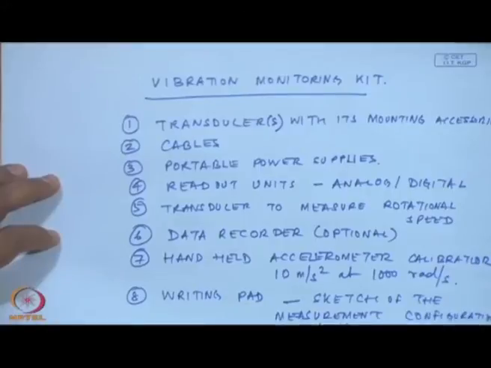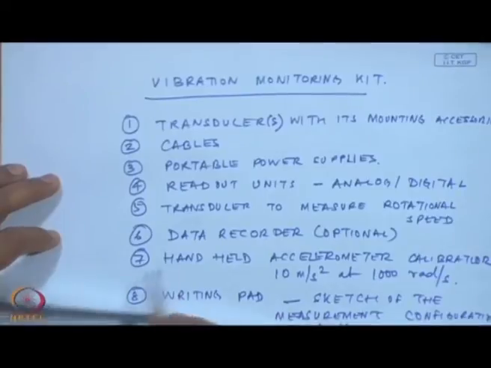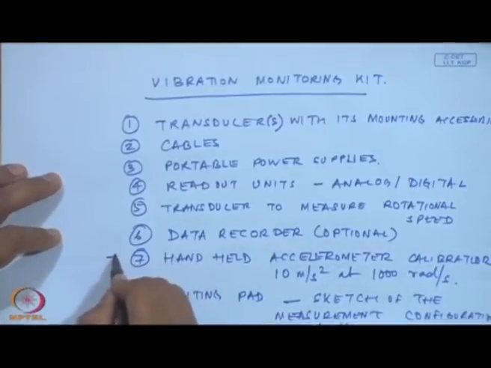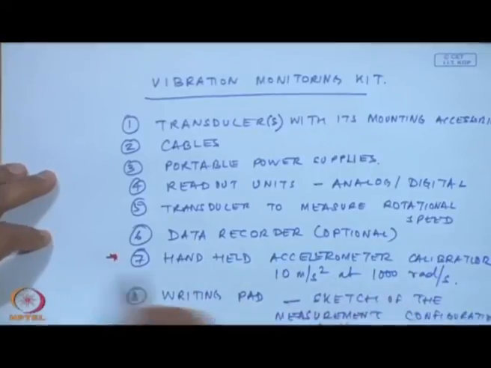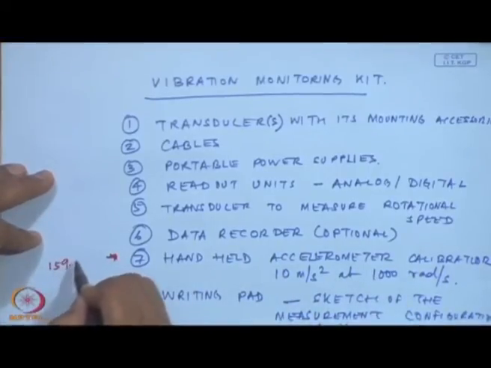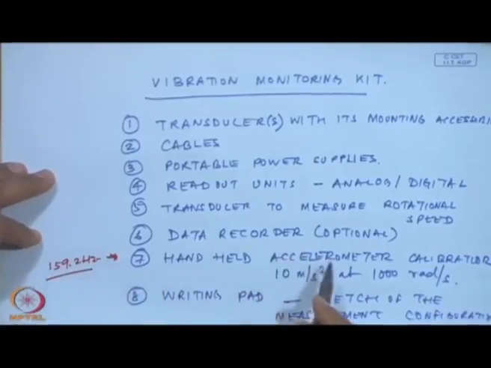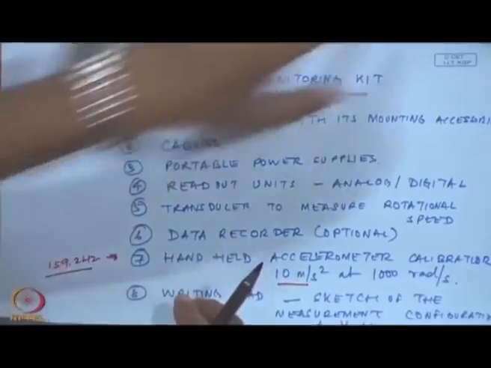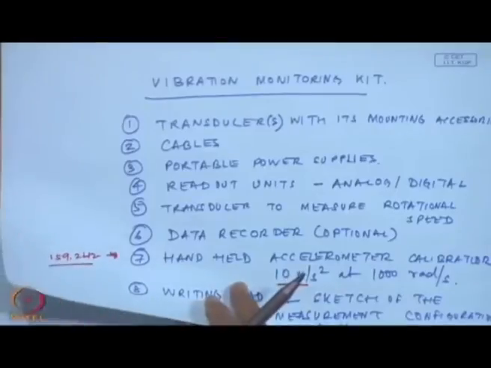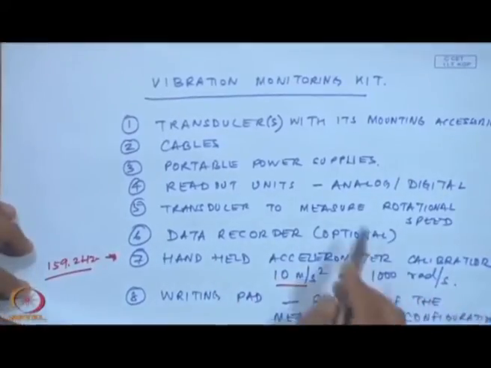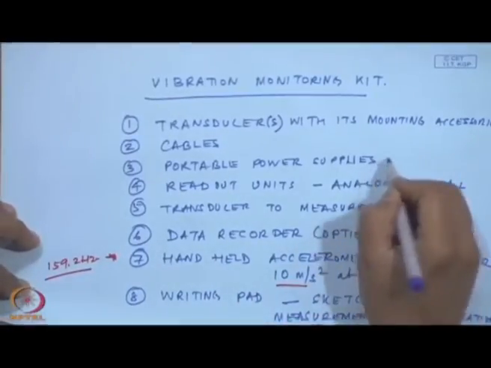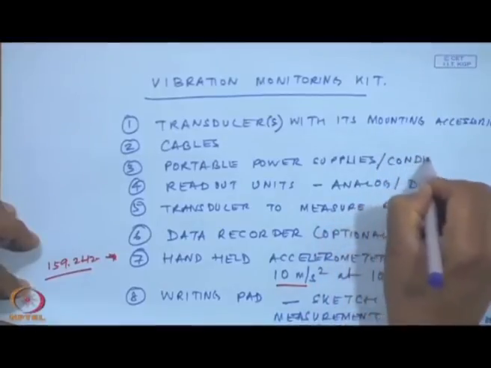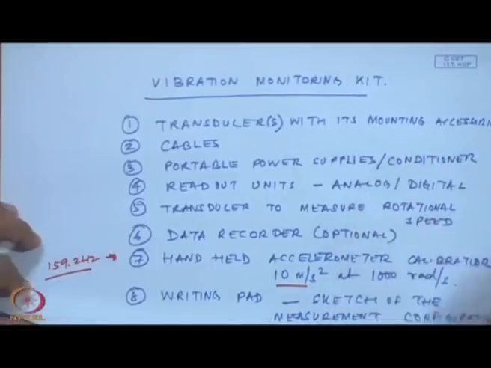Okay. If you are carrying this equipment with you, and if you understand how to do that, and sometimes another question on this calibrator is usually this at 1000 radians per second, this means 159.2 hertz. So, if you look at the spectrum coming out of the calibrator, you will see a peak of 10 meters per second square at 159.2 hertz. Sometimes it is good to have this field calibrator just to check the sensitivity level, because you can be having power supplies and maybe a conditioner or signal conditioner, like the charge to voltage amplifier.